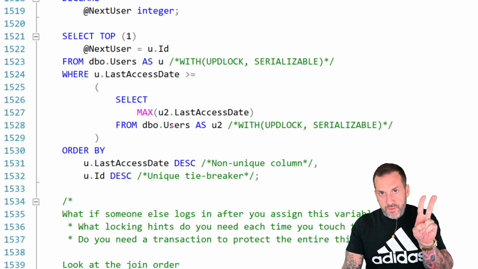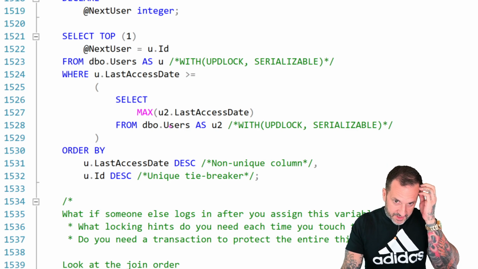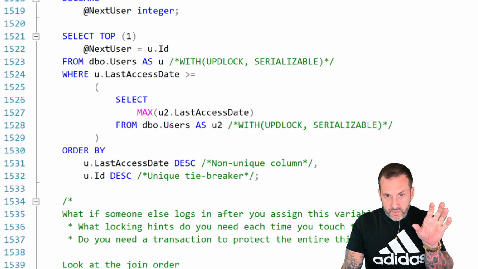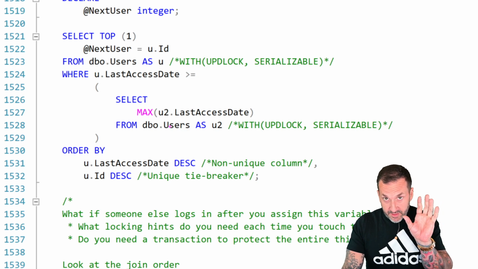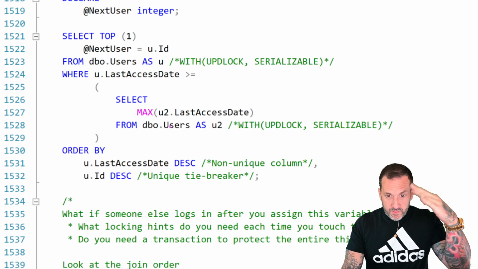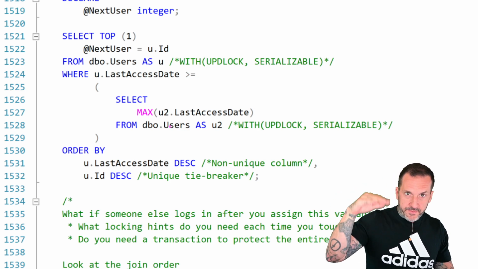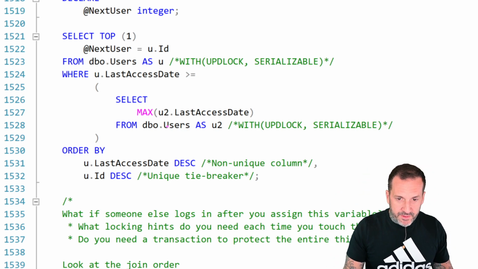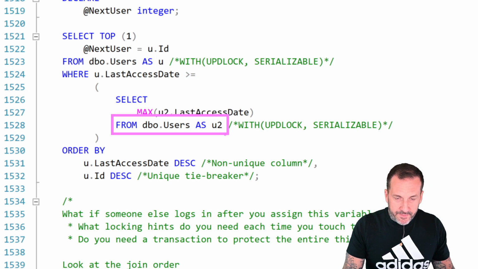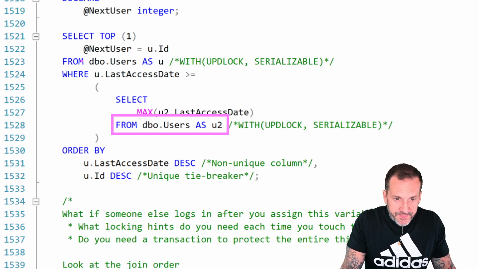We have two opportunities, without any locking hints or without setting any isolation levels, for SQL Server to read data that might change all around while this query is running. Again, this is under pessimistic read committed. So even if this query is very fast, you could still have rows mixing up and moving around in there. So we have a read that will not escalate to an object level shared lock or hold locks on anything here, and we have a read that will do the same thing here.